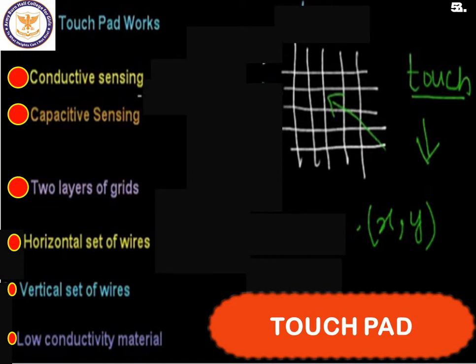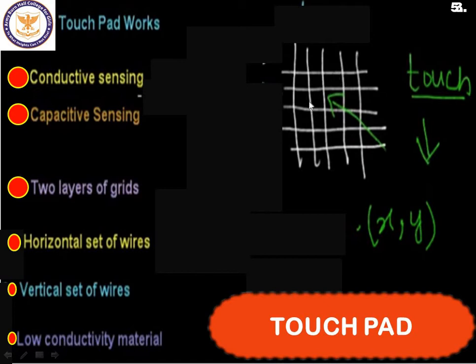When you press a touchpad, these vertical and horizontal wires play the role of the x and y axes. These vertical wires play the role of the y axis, and these horizontal rows play the role of the x axis.